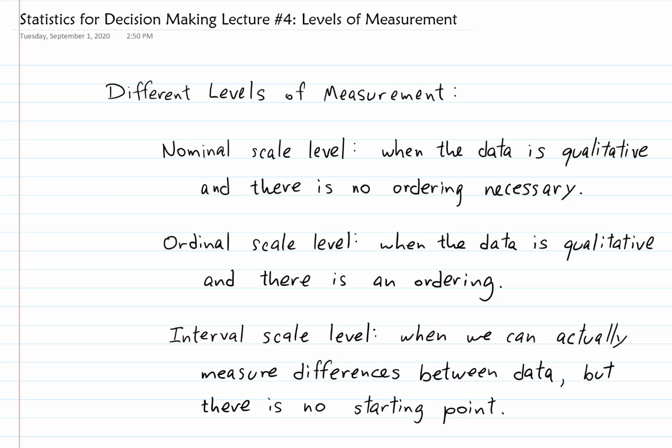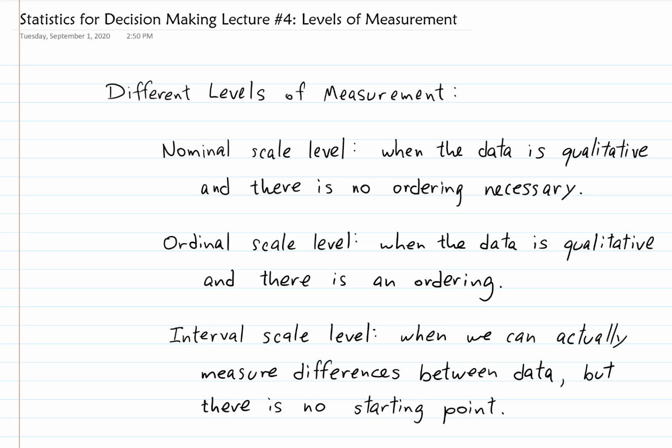Let's just pick my favorite 2 restaurants, and so I label them number 1 and number 2. Okay? That doesn't tell you how much more I like the number 1 restaurant than the number 2 restaurant. I could just barely like it a tiny bit more, or I could like it a huge bit more. The fact that they're just number 1 and number 2 does not tell you how much of a difference there is between them. On an interval scale, you can actually measure the differences.